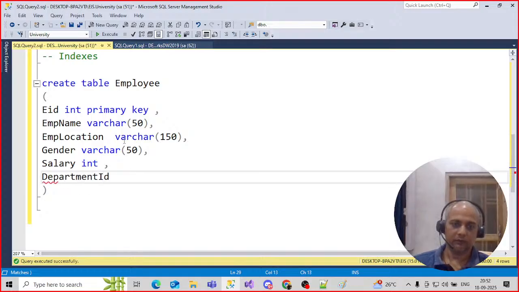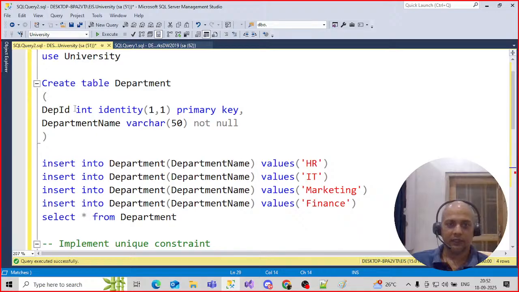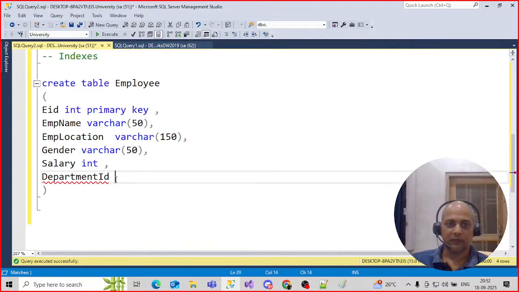So what will be the data type? The important thing here, the data type is int, so the same data type is required for this. Otherwise it will not